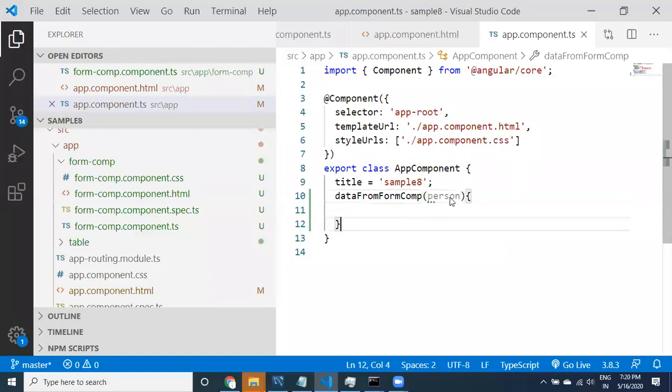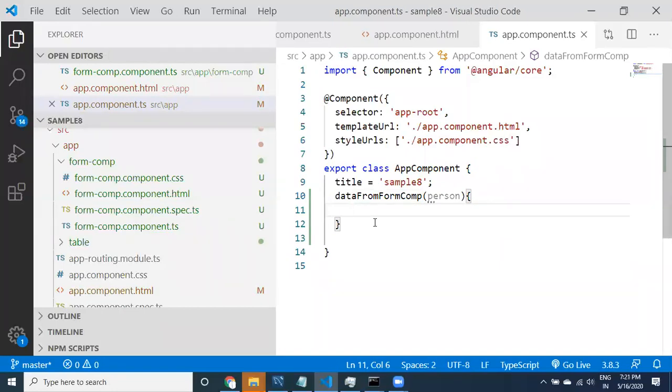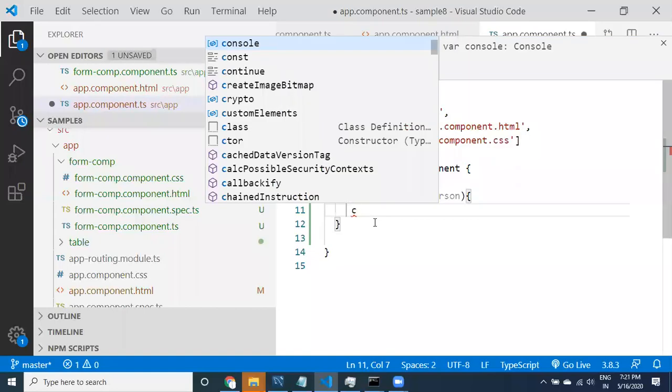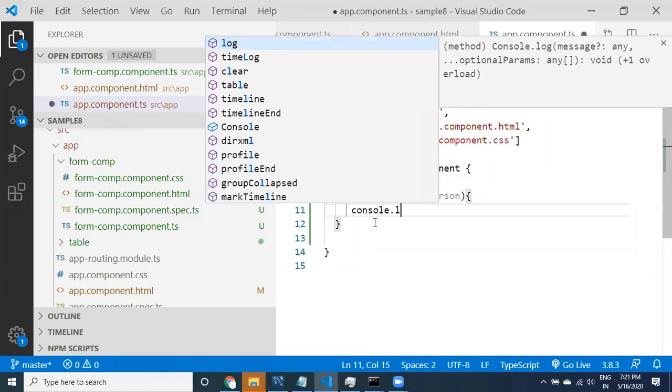Of course, this is a JSON. Okay, guys, this is going to be the JSON. Now the data came to the JSON, right? Data is going to come to the app component from child to parent.